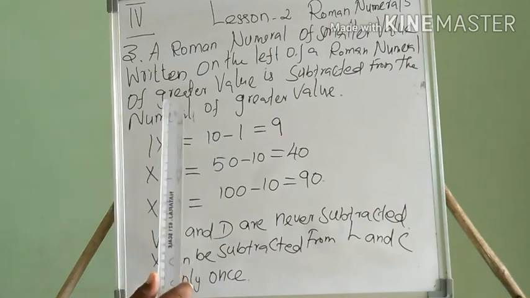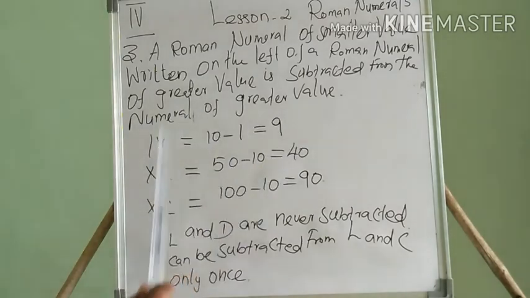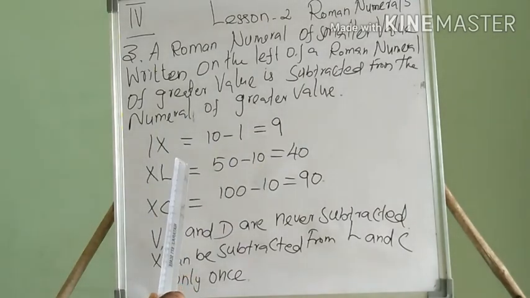So students, I hope you all understand this Roman addition and subtraction: on which side the Roman numeral is placed, we add, and on which side it is placed, we subtract. We discussed it very clearly. I hope students you all understand. So please repeat this video again and again.